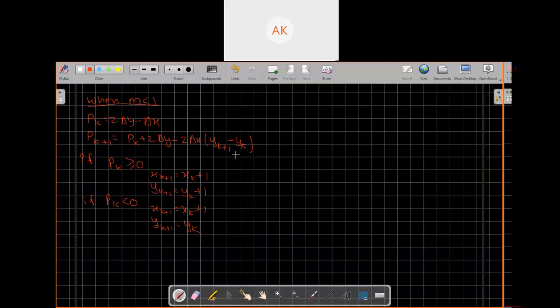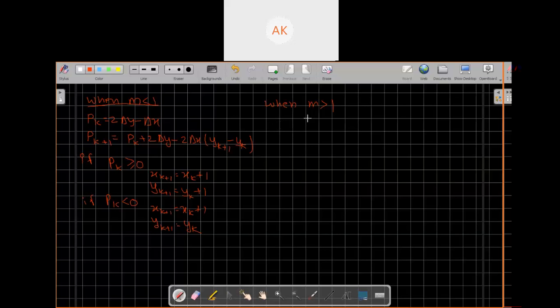So what is the case when your slope is greater than 1? When your slope is greater than 1, for calculating the initial descent parameter and next descent parameter for the next point, for m greater than 1, we just replace x with y and y with x, meaning just swapping x and y, and you will get these descent parameters.